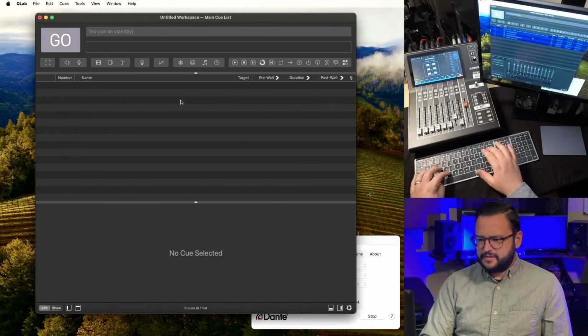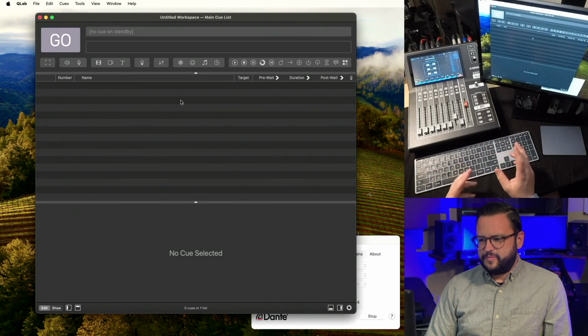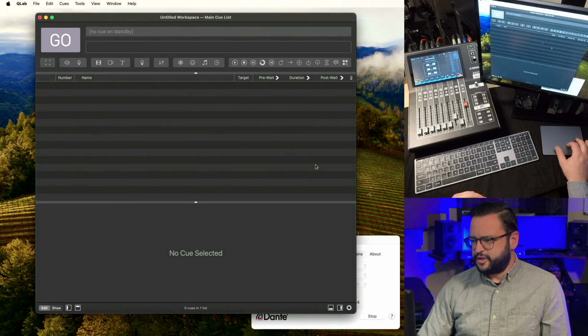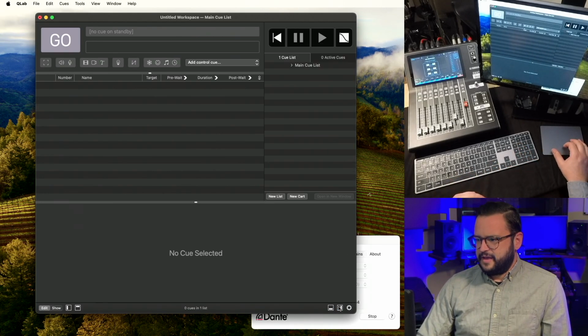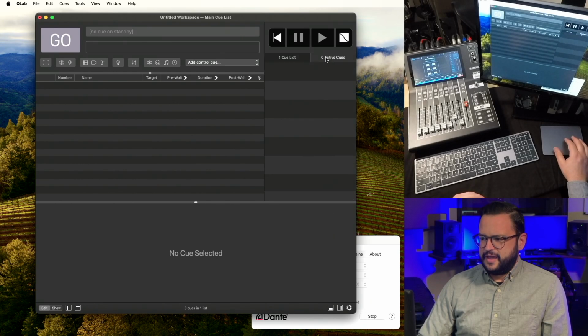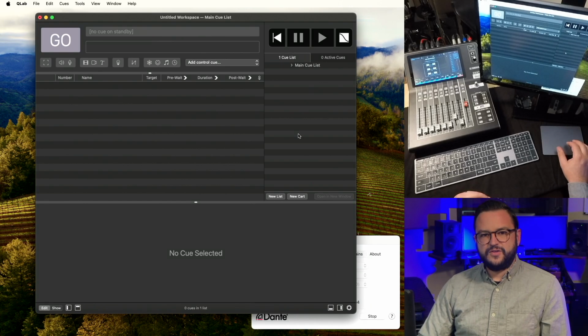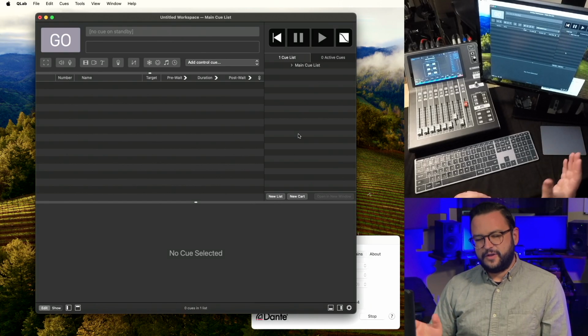I'm going to delete the content we have in our session right now because we're going to get ready to make this our template that starts every new session. I'm going to show the sidebar, which has 2 modes, cue lists and active queues. Active queues shows you what's running and is a great place to be while you're in the middle of running a show. But cue lists is a great way to organize your content and organize different cue lists for each